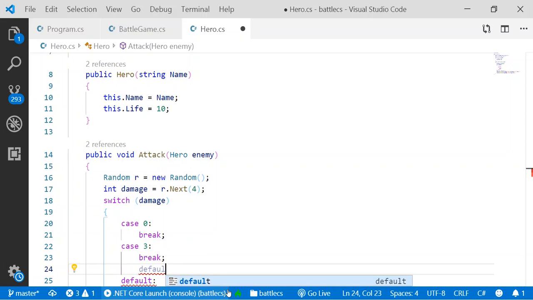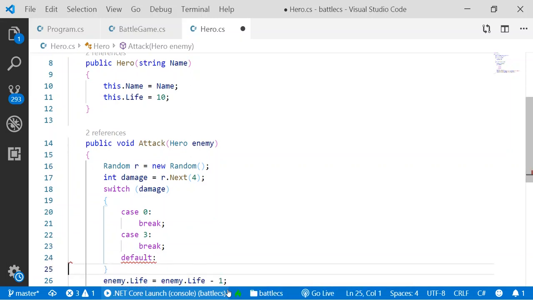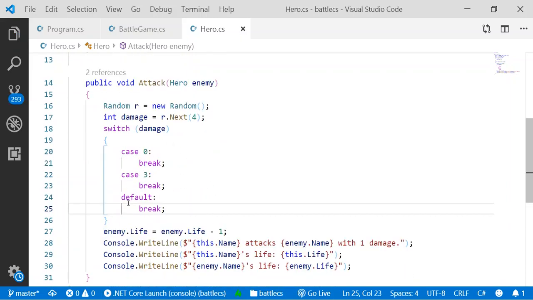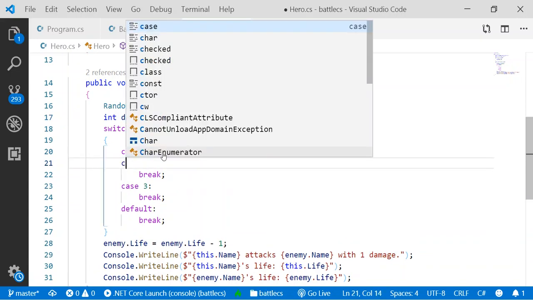Everything else we already have the defaults. What do you want to do? So what happened here is I want to create a random attack, random damage. If the random number generated is 0, it means that